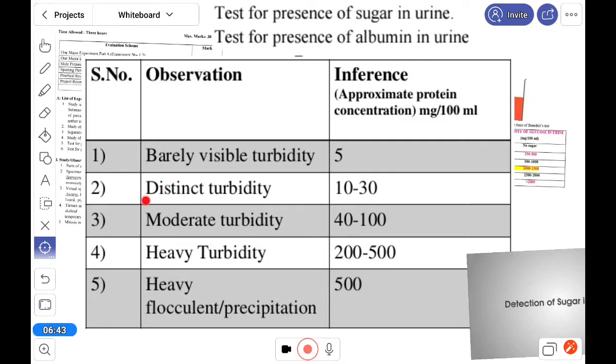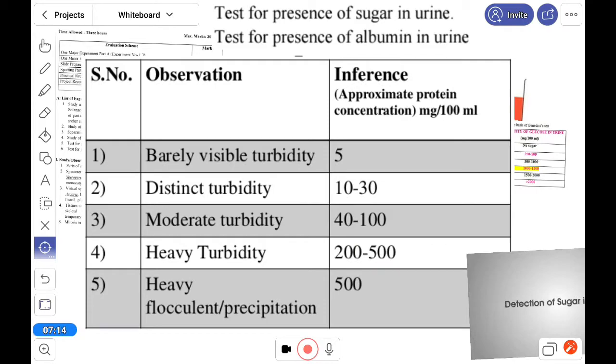But if there is distinct turbidity, it's moderate. You can see that the value is increasing, and heavy turbidity. Turbidity indicates how opaque the cloud is, and if it precipitates, then a huge amount of albumin is found. Okay, so these are the values.